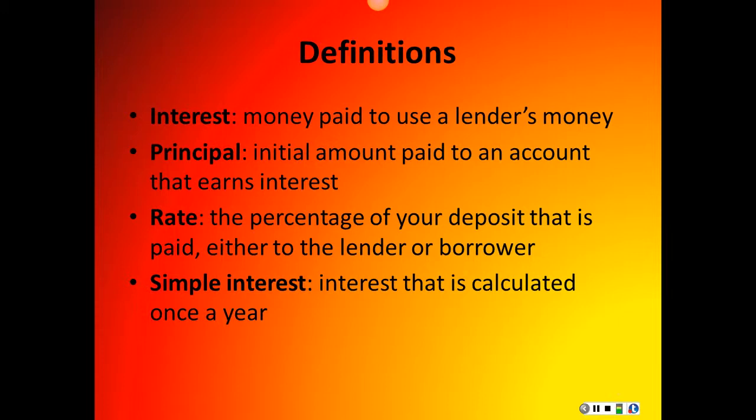Principal is the initial amount paid to an account or the initial amount of a loan, for example, which does earn interest. The rate is the percentage of your deposit that is paid, either as the lender or the borrower. And that's usually given in terms of an APR, an annual percentage rate. And the simple interest is calculated once a year on a particular value,